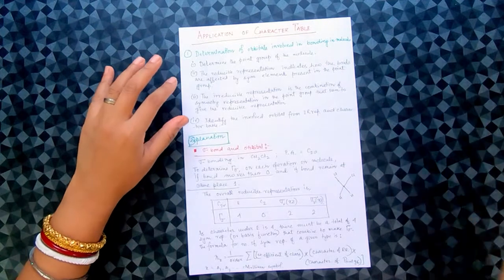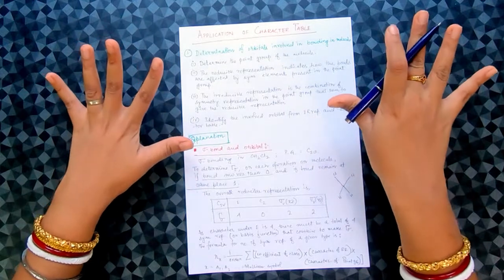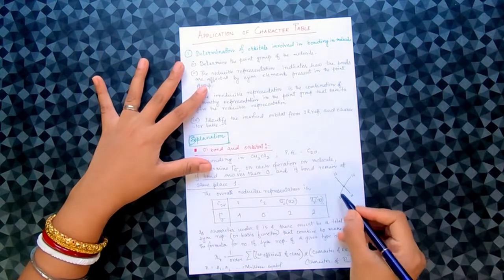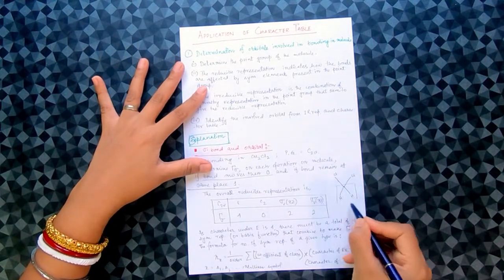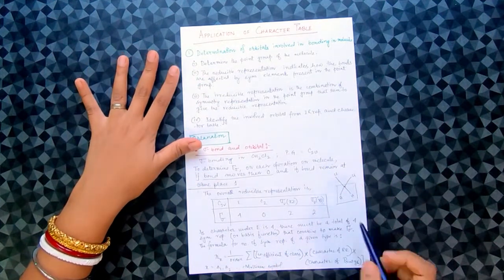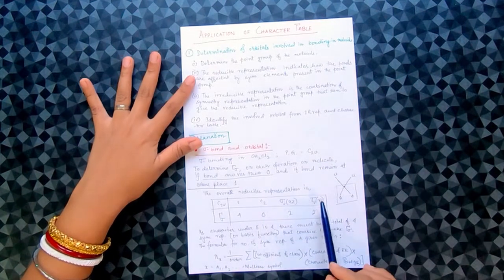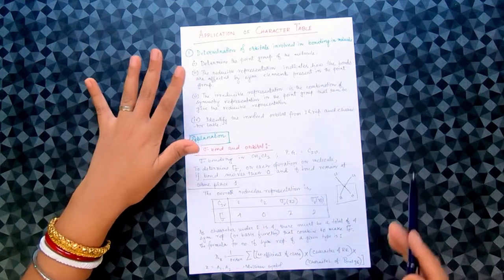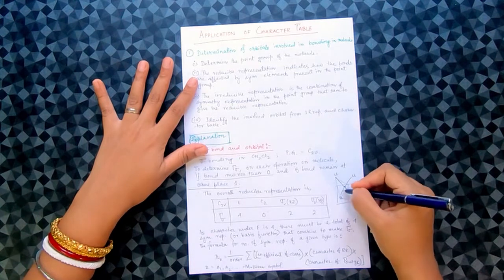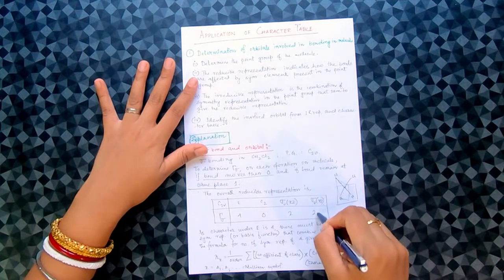So for xz, we cannot call it a molecular plane in this case, but when we consider xz, it should contain 2 of the bonds. Among the 4 bonds, it will contain 2. That means 2 bonds are unshifted, that's why the value is 2. When we do sigma v yz, that is the perpendicular one, perpendicularly 2 bonds are possible which are unshifted, that's why the number is 2.